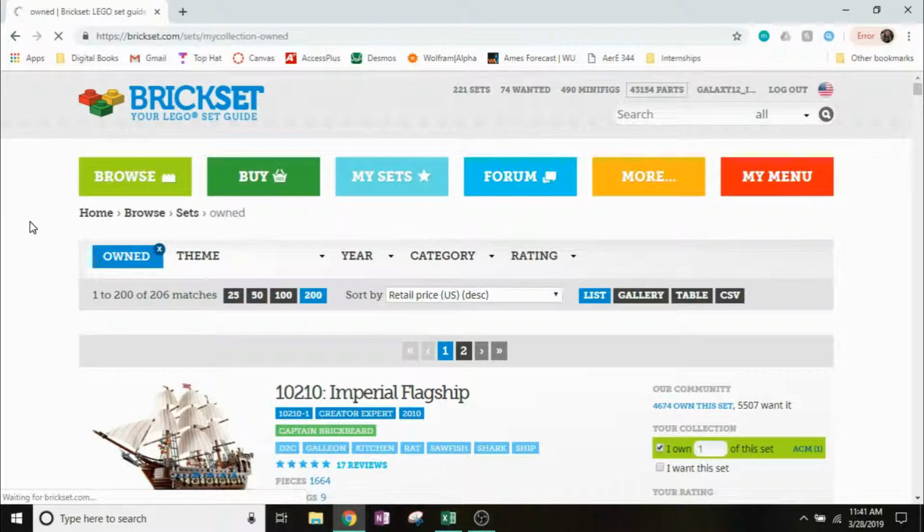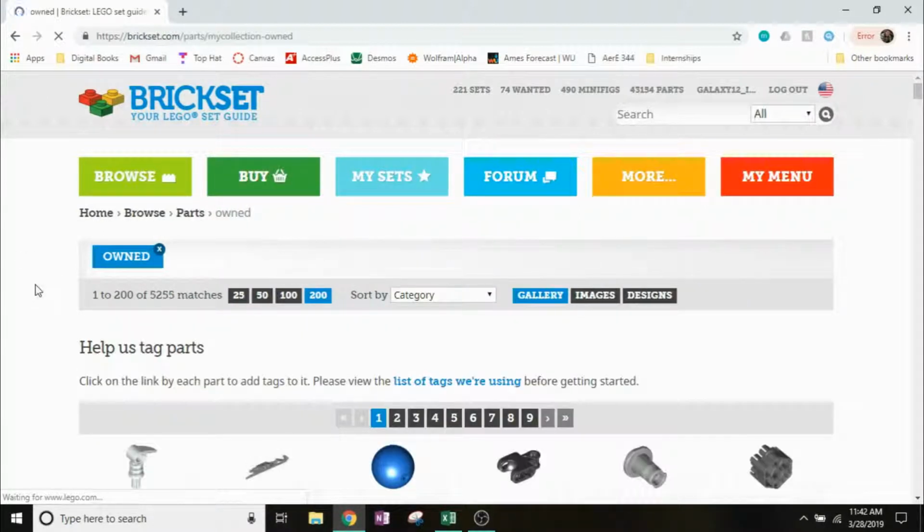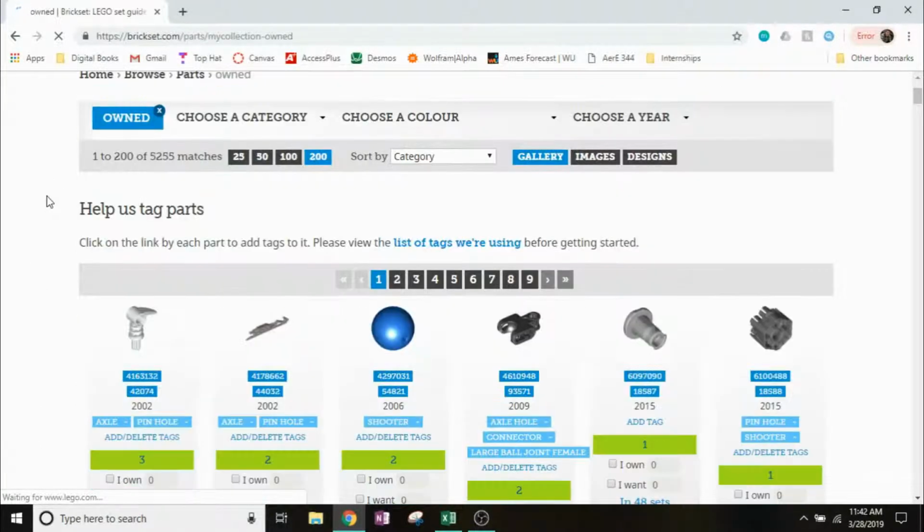But if you do make that commitment, then you have all of these tools at your disposal to kind of sort and analyze that collection. Again, this would be a huge time commitment. I guess it also depends on the size of your collection. For me, it would be months to get everything in there. But if that's something you're interested in doing, Brickset now has that capability, and yeah, it's pretty cool to be able to have a database of your parts, especially if you are kind of OCD like I am, and you have everything sorted out by part already, and you want to know how many of this piece do